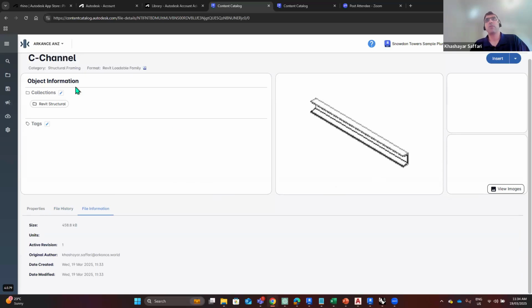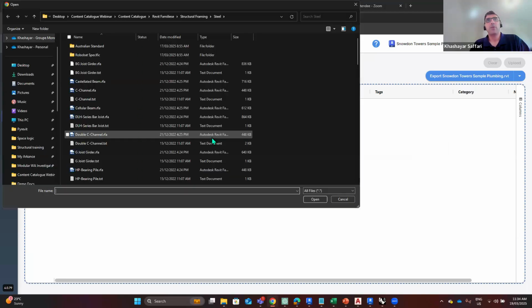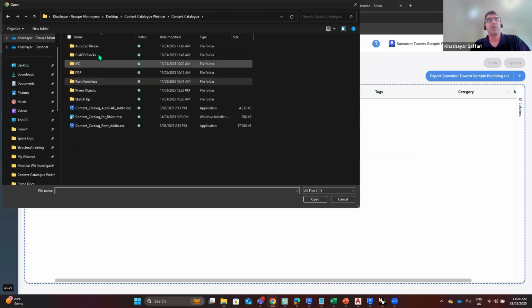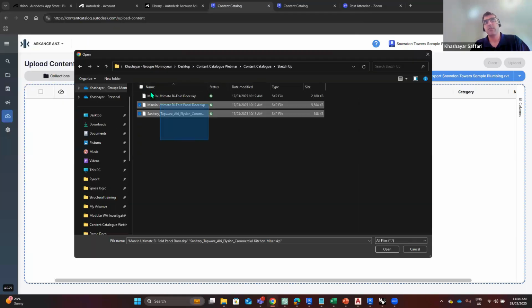So if you upload Revit contents, it's still biased toward Revit rather than CAD. You get heaps of information about those Revit files and an image preview. For the CAD one, you need to go and create a preview image. But for the Revit, it's all working automatically. Also, you can upload almost everything. Some of the file formats are not insertable into the files. For instance, you can load the SketchUp files, but you cannot then insert